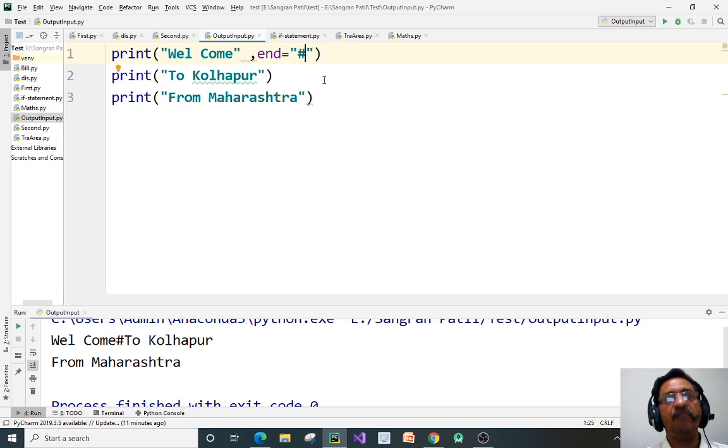So whichever character we have given, it prints here. So generally, to combine the output of the next print statement with the current print statement on a single line, we use this format. So remember this. Okay, now this is about displaying the information, that is the output statement. The statement which is used to display information on an output device is called an output statement.